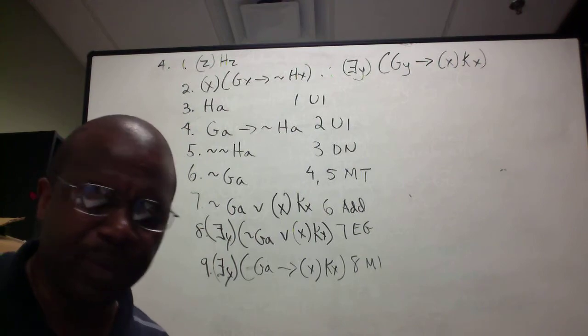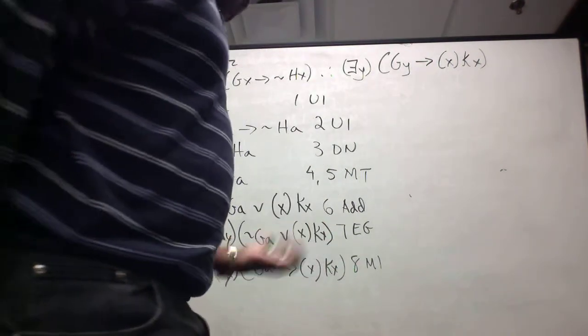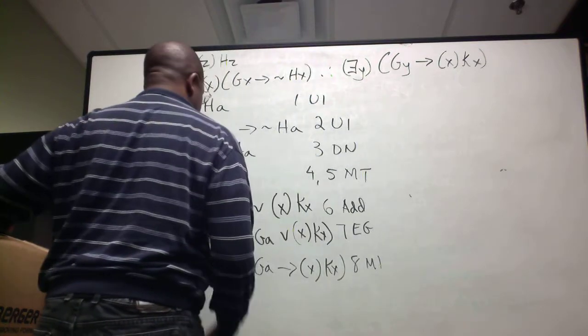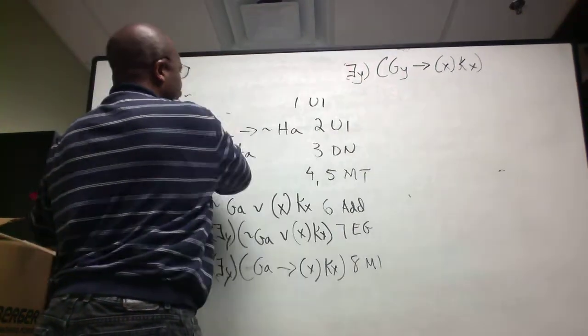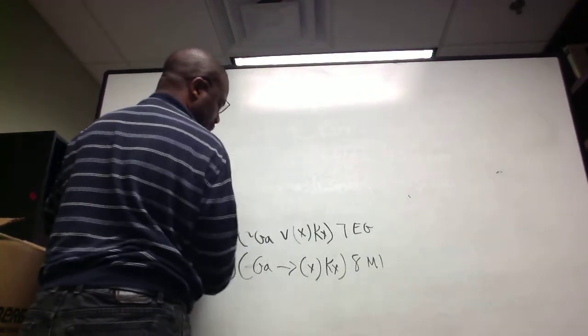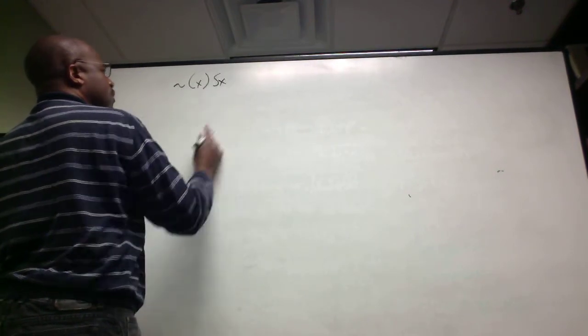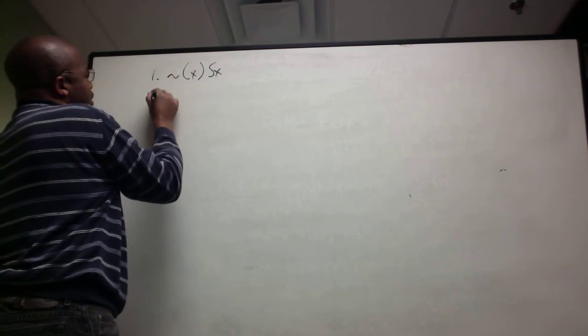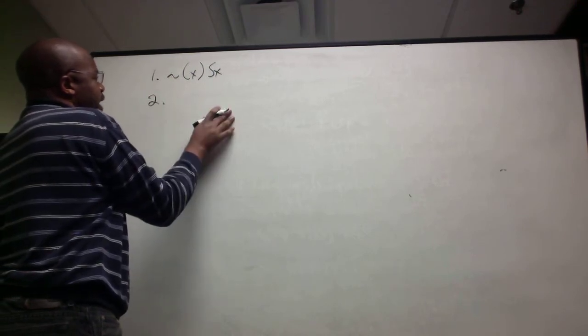So for example, quantifier negation is an equivalence rule, by the way, so it can be done on a part of a line. And when you do quantifier negation, it looks something like this. Assume that you have a statement like this. That statement, when you apply quantifier negation, step 1, step 2, quantifier negation